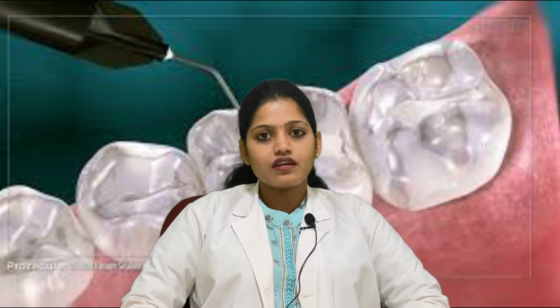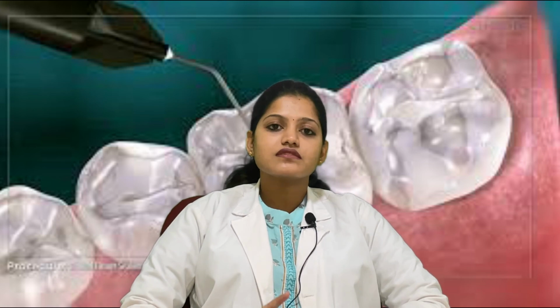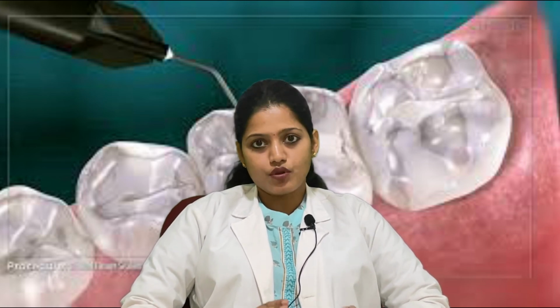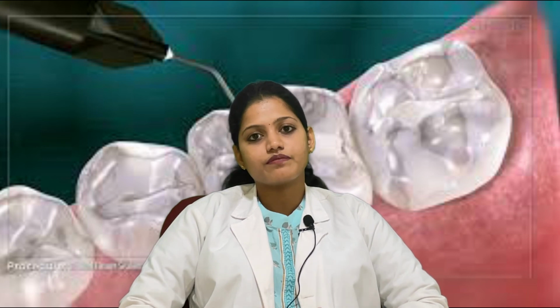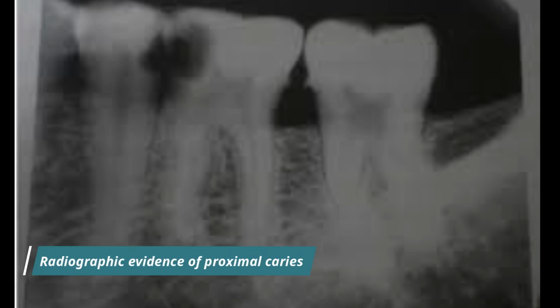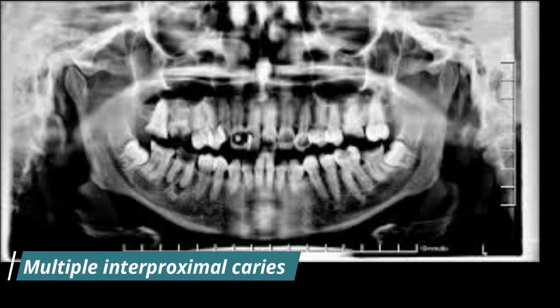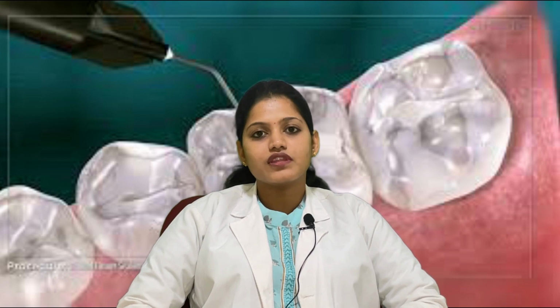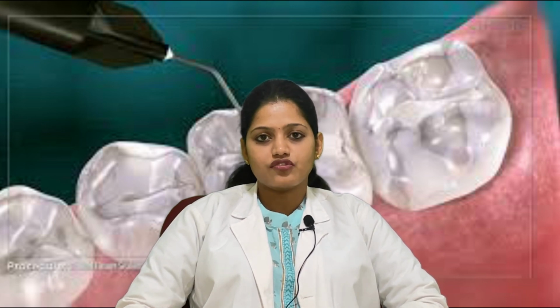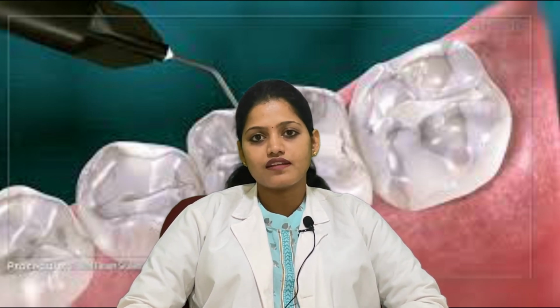Another thing, it is contraindicated when there is a lower life expectancy of the primary tooth, and when there is clinical or radiographic evidence of interproximal caries, and when there are many interproximal lesions, pit and fissure sealant is usually contraindicated. If there is no possibility of proper isolation, and if there is increased salivary contamination, it is very difficult to use pit and fissure sealant, hence it is contraindicated.